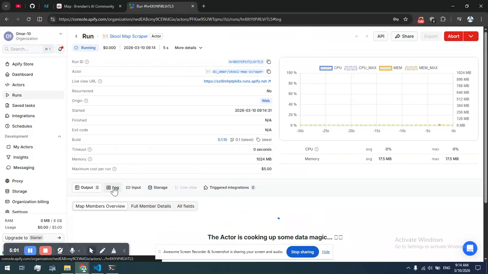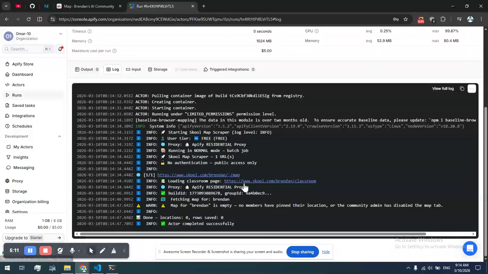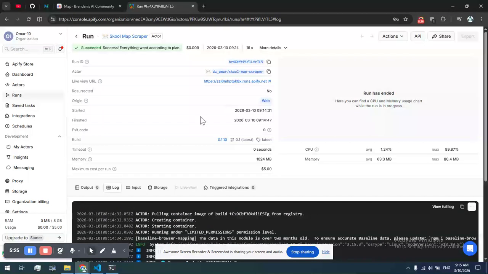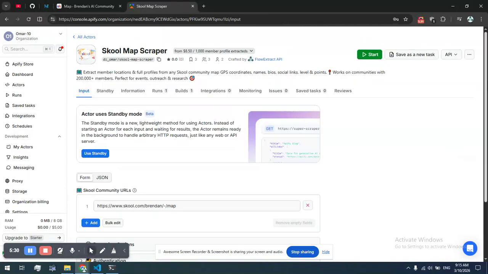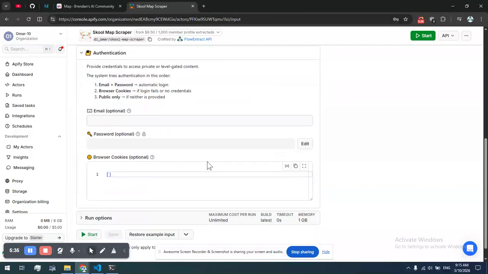Okay, let's go to the log. So we tried no authentication, public access only. You cannot get any school with public access. You need to be a member, or the community admin has disabled the map. So you need to pass the information. Let's pass our information, either with the cookie,